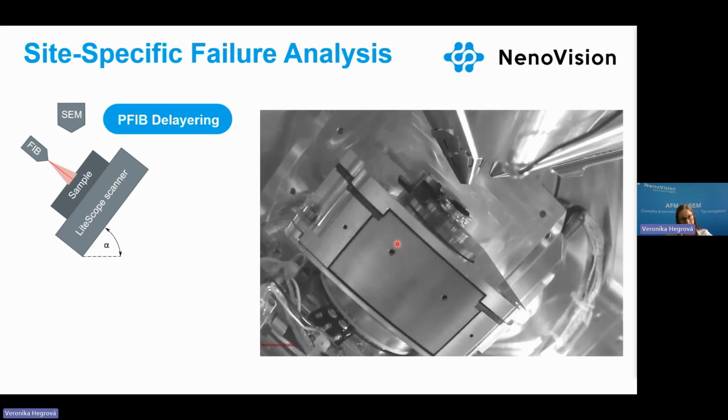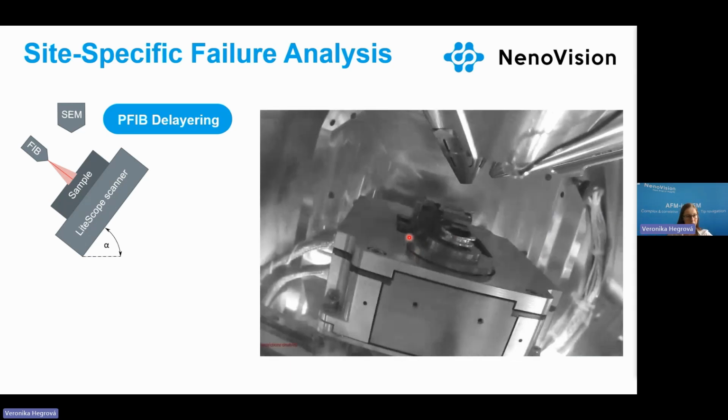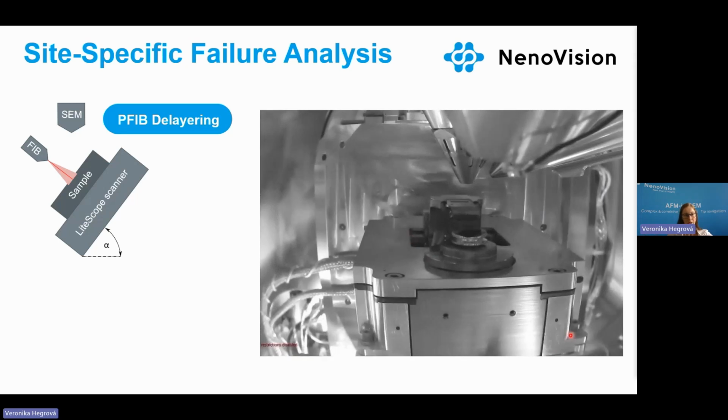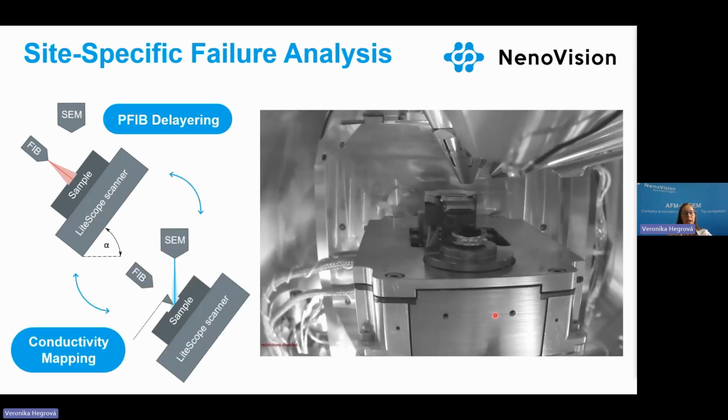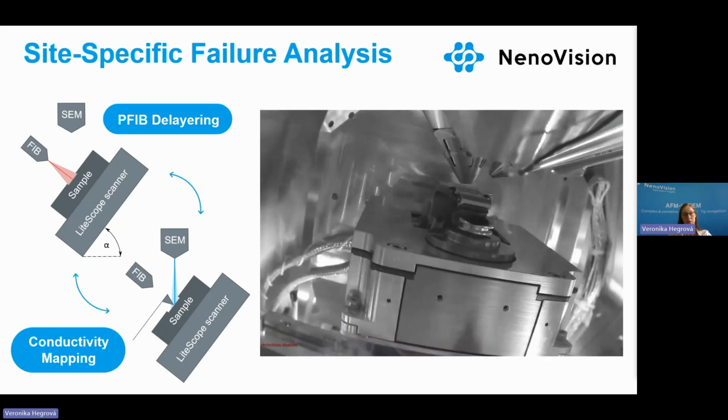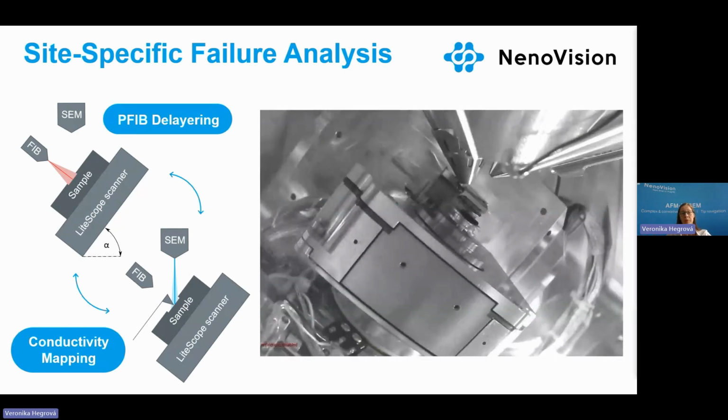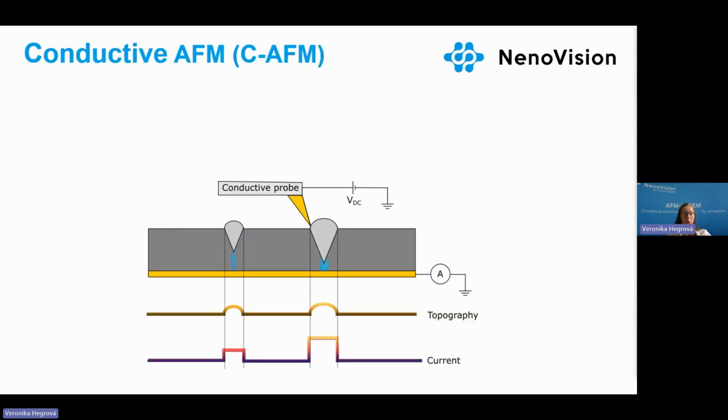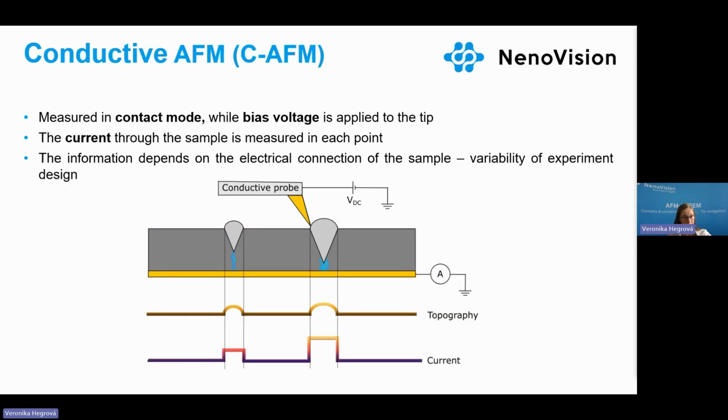Then we can either stay in the tilted position or get back to the standard version and analyze the conductivity. And this is what we can repeat over and over again. So for the conductivity mapping, we use contact mode. We bias either the tip or the sample. And basically, as we touch the surface at each point, we measure the current going through in between the probe